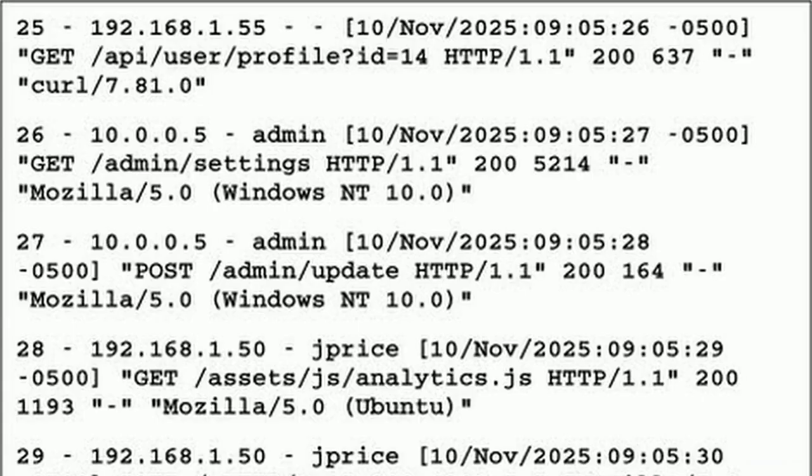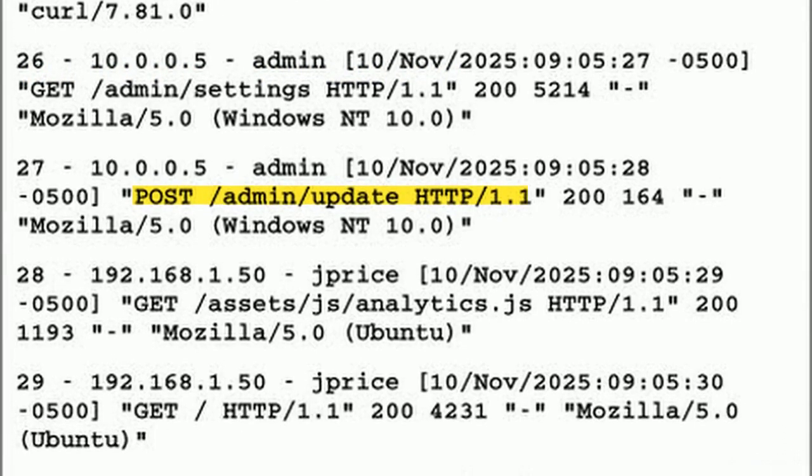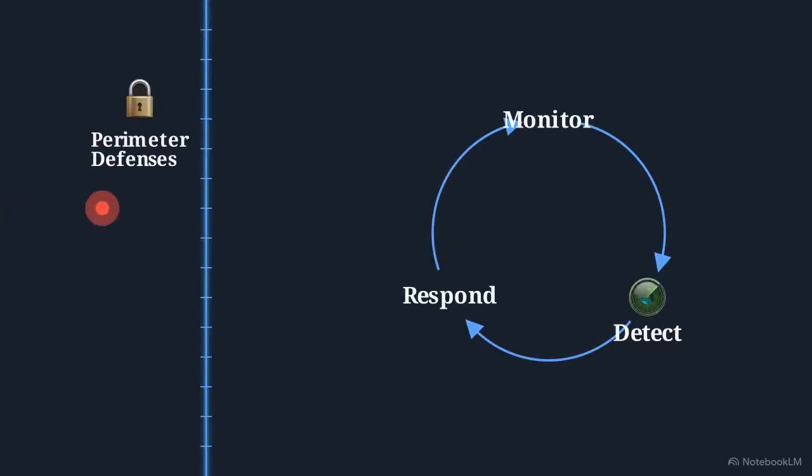Once authenticated, the system relies on detective controls like access logs to monitor behavior, recording IP addresses, timestamps, and HTTP requests. By auditing these, teams differentiate between GET requests to read data and POST requests to modify it, detecting abnormal traffic or unauthorized access. Active monitoring creates a continuous feedback loop, catching the threats that inevitably slip past initial perimeter